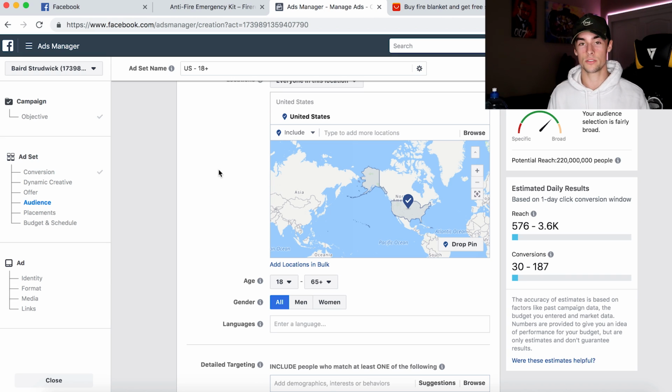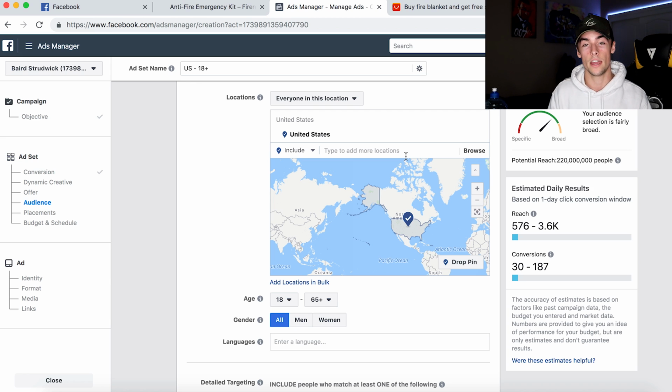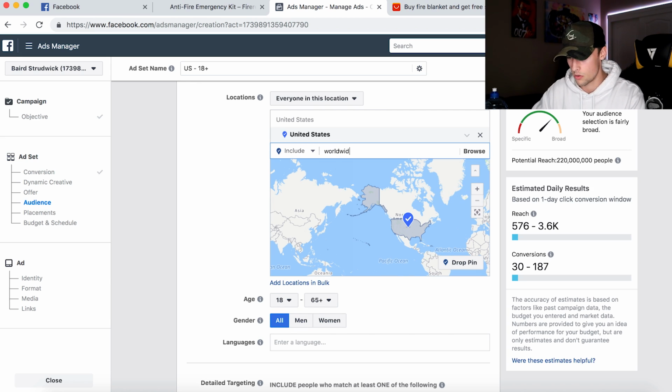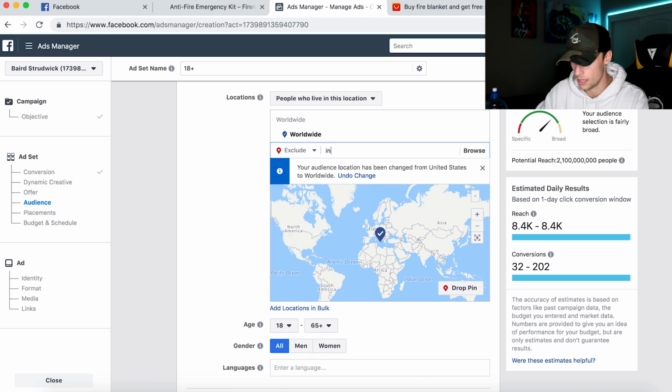So since we do not have a special United States supplier that we can get 4 to 7 days shipping to the US in, we don't need to only target the US. I want to target worldwide and then exclude all of the bad traffic countries. So I'm going to do worldwide, and then we're going to click on exclude, and we're going to exclude India,